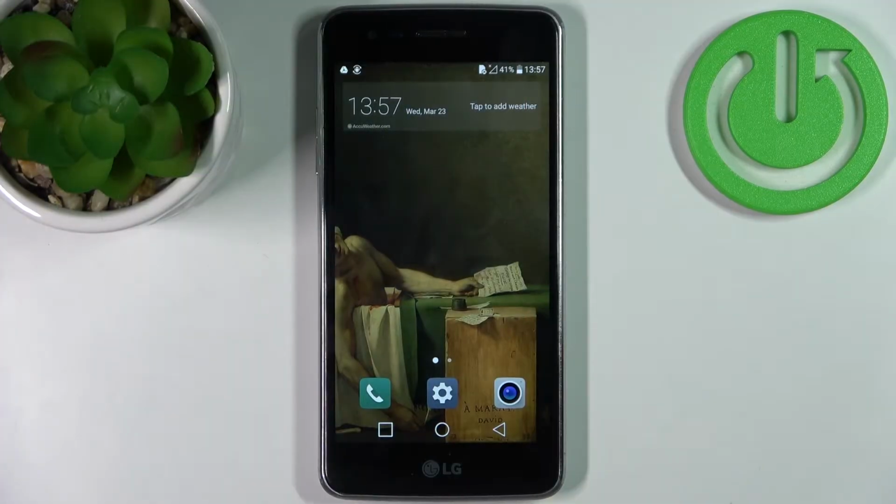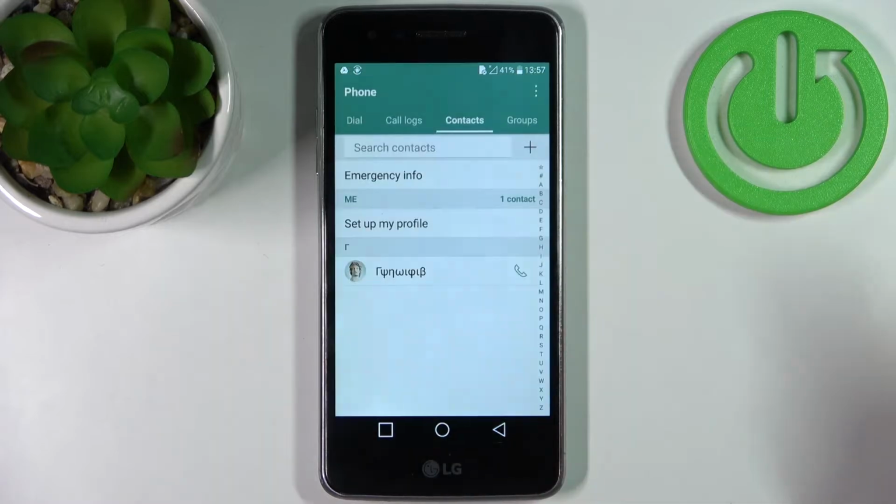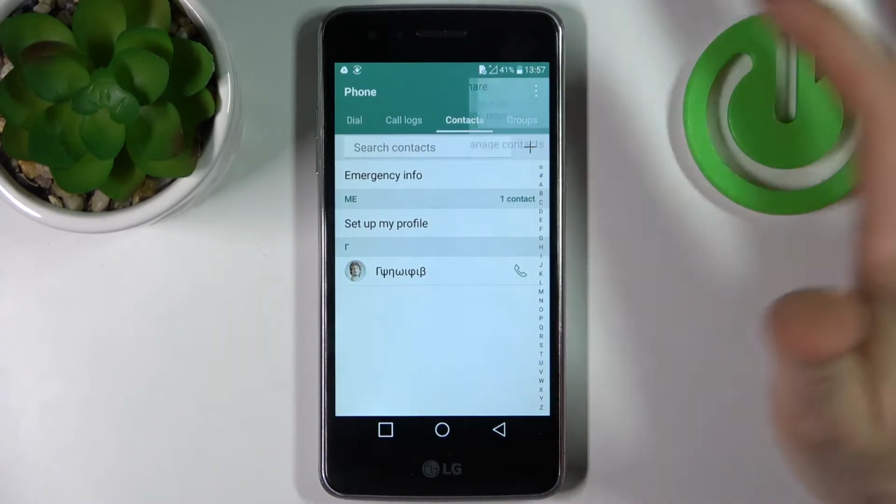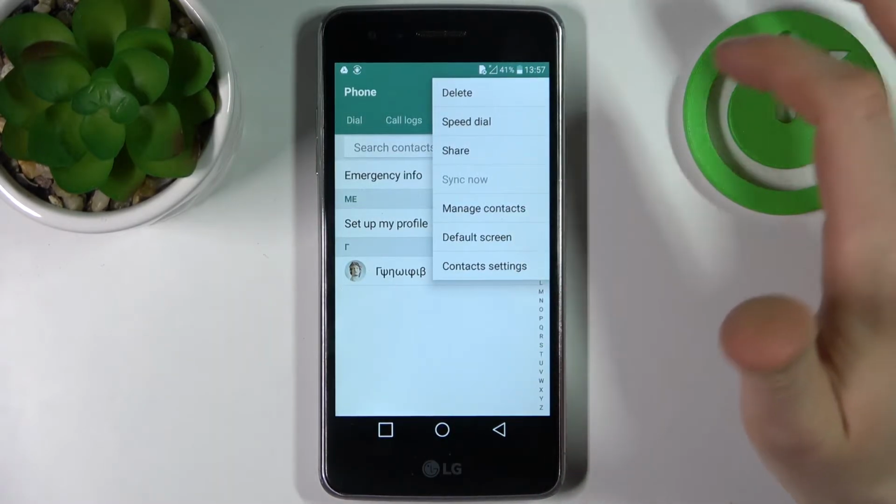Here I have LG K8 2017, and today I'm going to show you how to block a number on this device. So firstly you have to open the phone application, then tap here, go to the